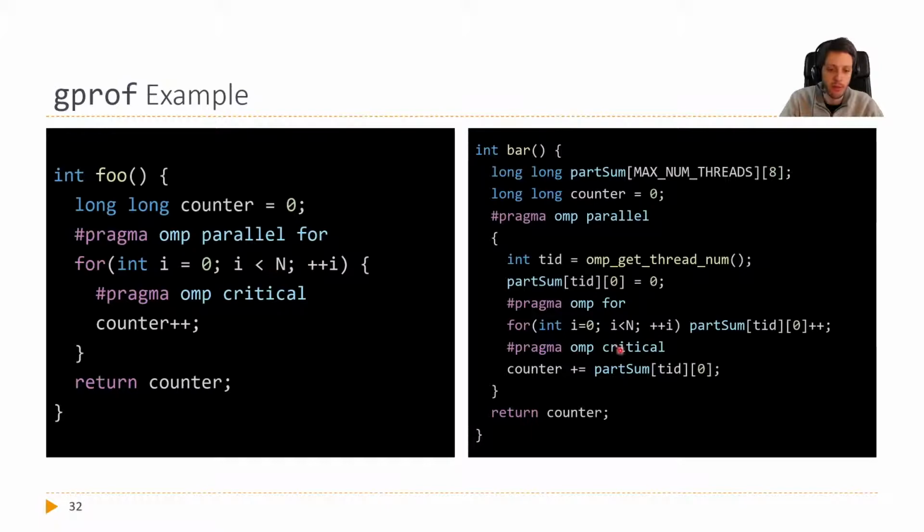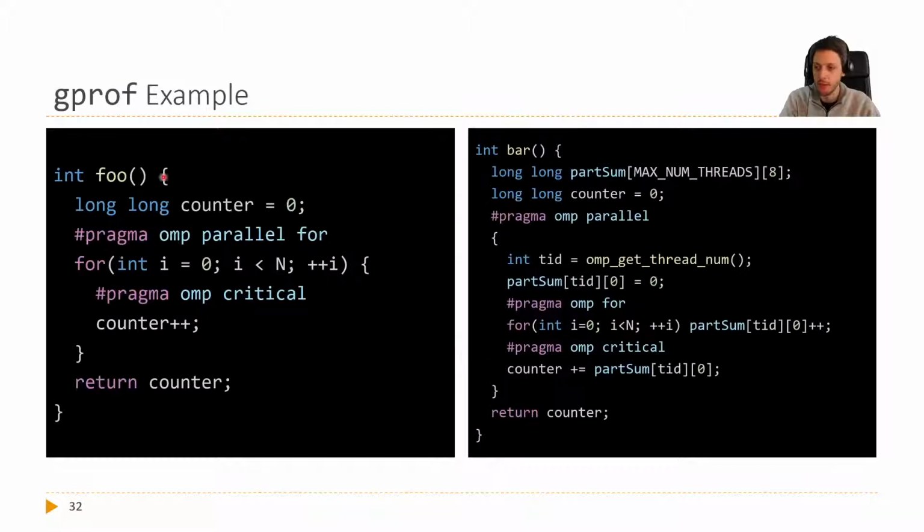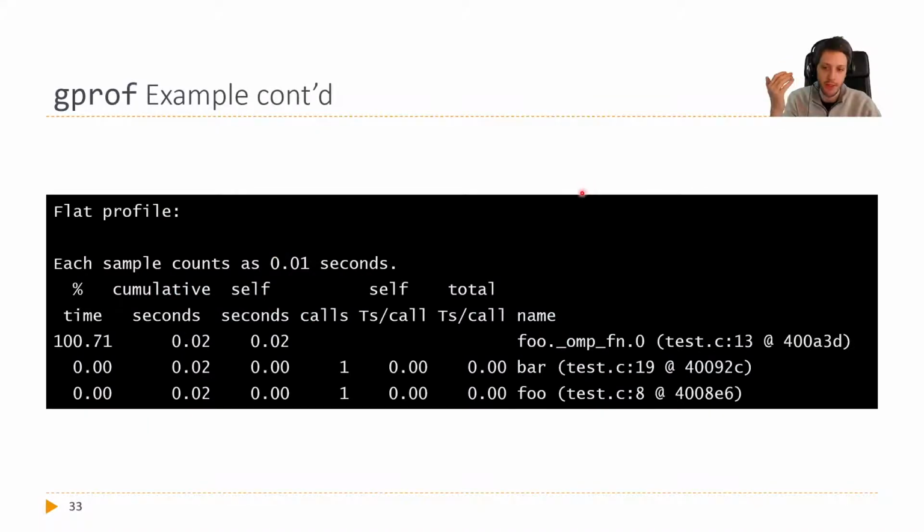We have the minimum amount of synchronization required because we don't do it inside the loop, and we also make sure that the partial sums work on different cache lines. So if we run this with gprof, then we see that, and remember that the foo function is the bad one in terms of performance, or at least we expect it to be, and the bar one is the good one, the fast one. And if we now run this with gprof, we will get a flat profile that could look like this. So here we have our function foo, here we have our function bar